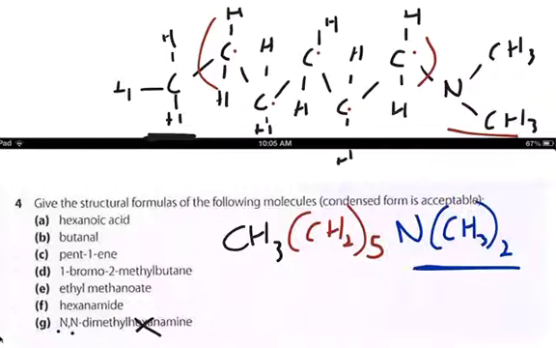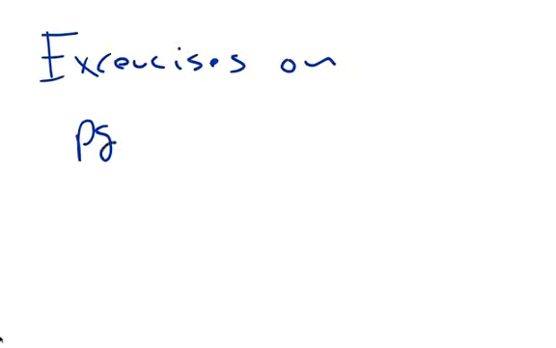There we go. So a lot of naming exercises. This will take a while. If it all is not currently crystal clear, what I would tell you to do, look at those functional groups. That's the biggest thing you can do. That is going to help you. You have to know the functional groups before we can worry too much about naming. So these are exercises on page 374 and 375, 1 through